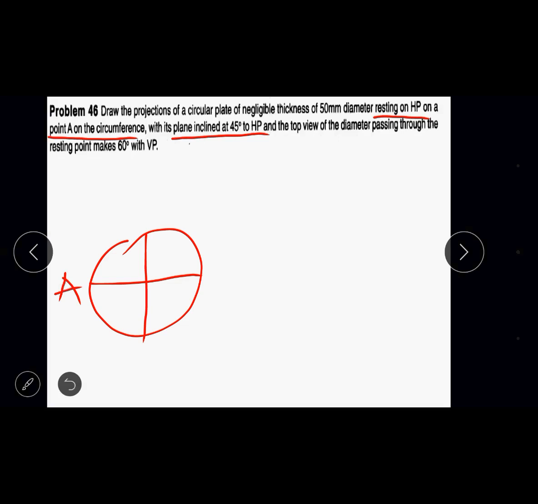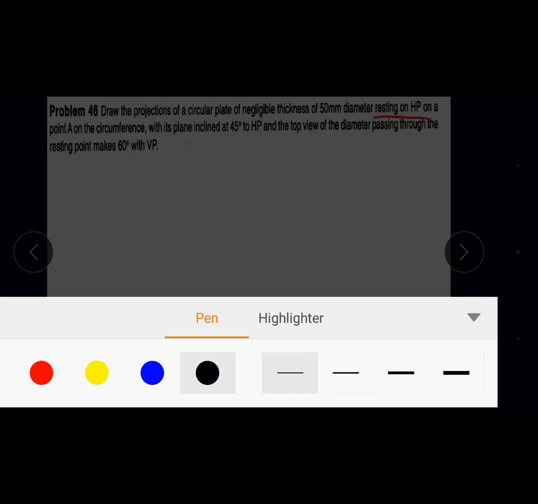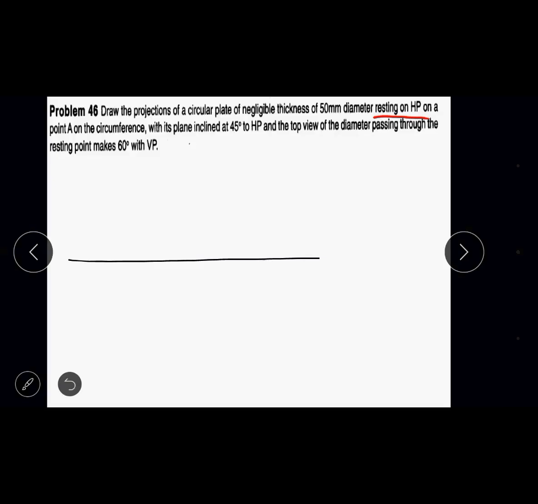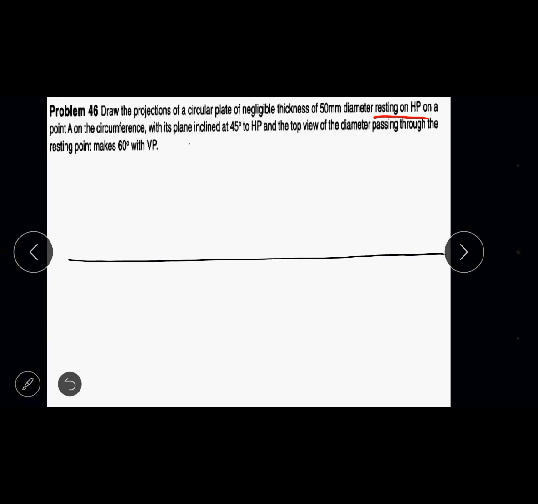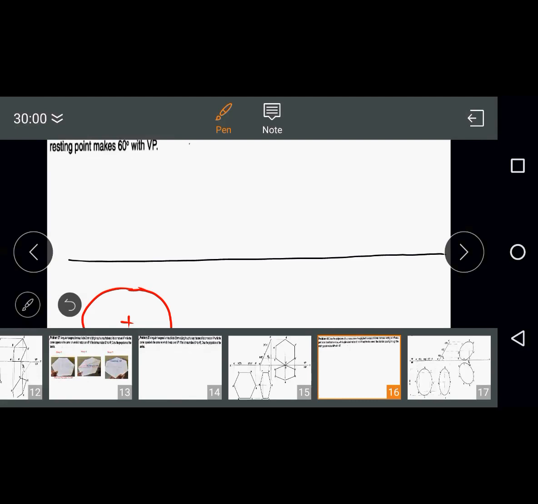Now here, as usual in the drawing, the first step is to construct a circle. I have not prepared any model on the circle, so that is why I have left it blank. So directly I'll just explain the problem. The XY line is drawn, then take your compass, measure the radius as 25 mm, since the diameter is given as 50 mm, and construct a circle with the center point as reference.